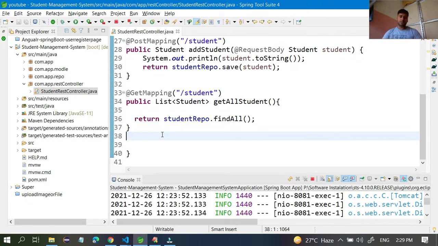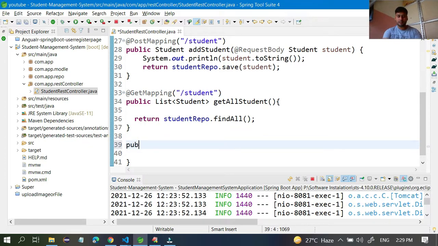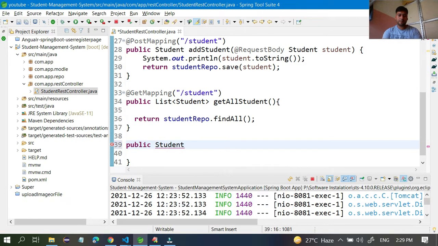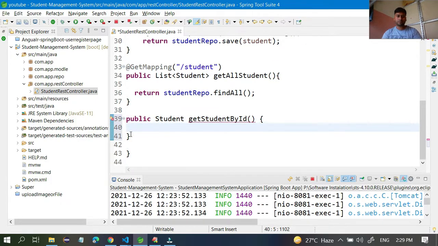This one is already running, so I will create one more method, public Student getStudentById, then open this, and here I will receive one sid.